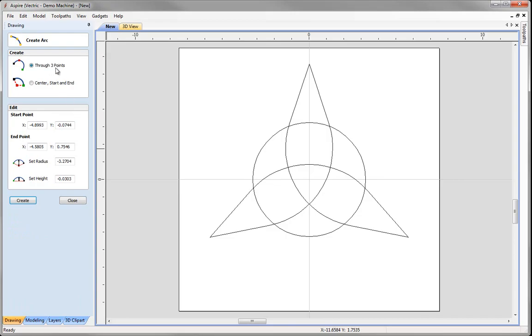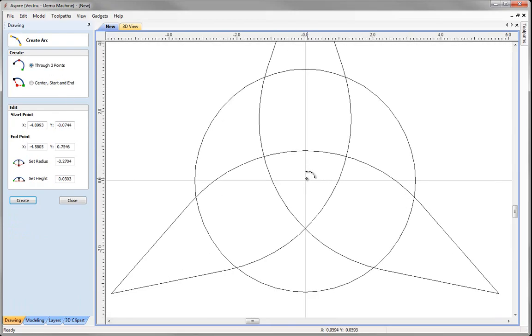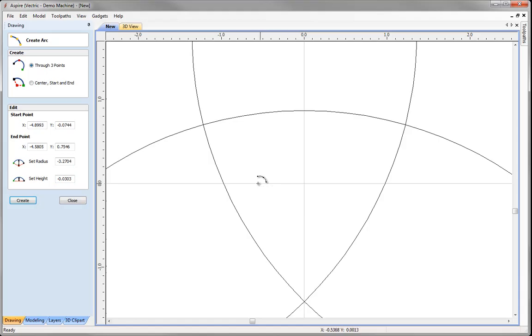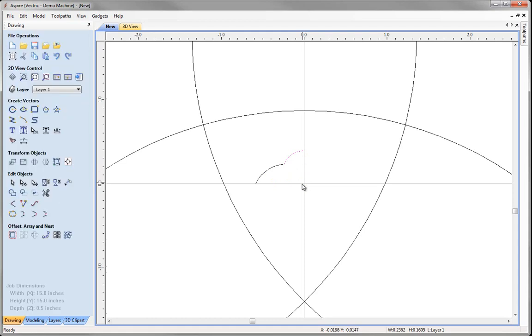that there are a number of additional options that have been added in this version of the software. Here I'm just going to use the through 3 points. I'm going to zoom into the middle here, and I'm just going to sketch an arc there, and then snap to the end and sketch another arc there. Doesn't matter if it's not exactly in the middle. I'm going to right mouse click to accept that, select both of those arcs and click on the icon to